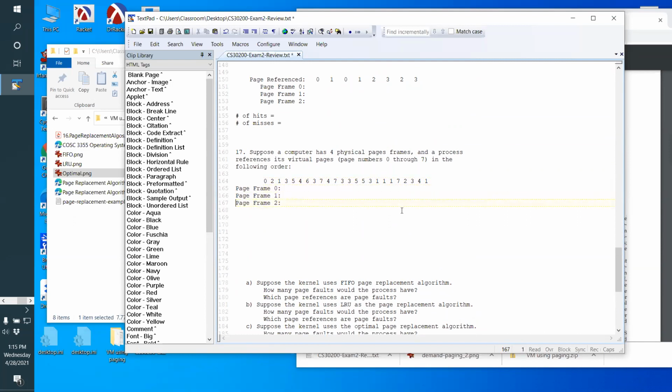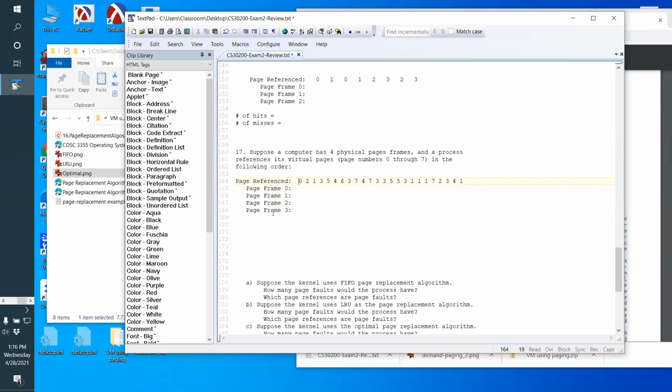I need 4 page frames for this one. I should have set up a table for this one, but I forgot to. Okay, so now I made my table for it. So there's a table, and the top row is the page reference. So I'll make this table look like the other one. Okay, so now I've got